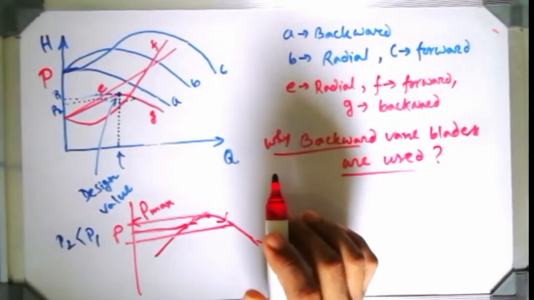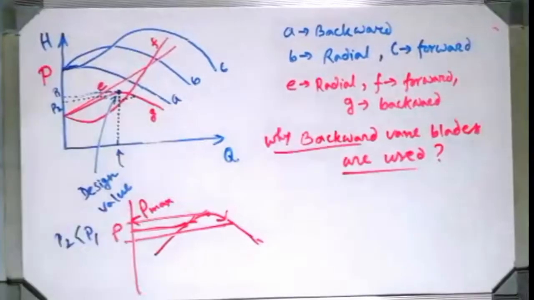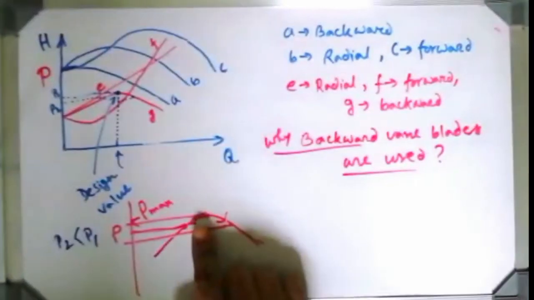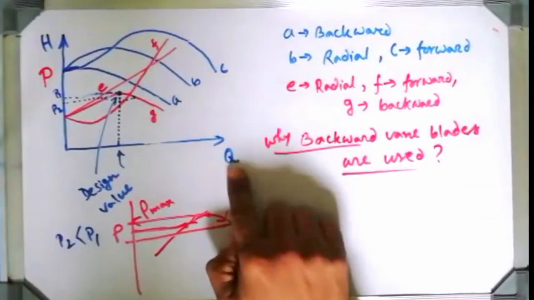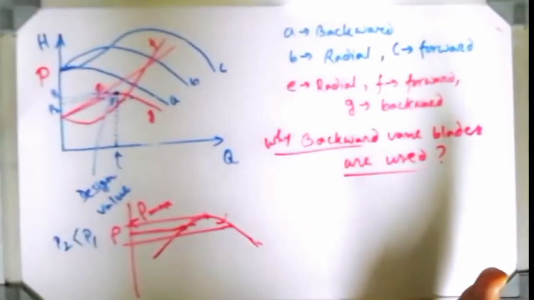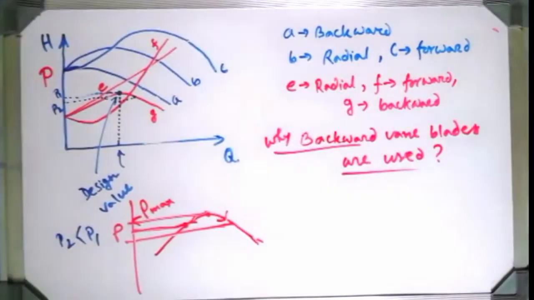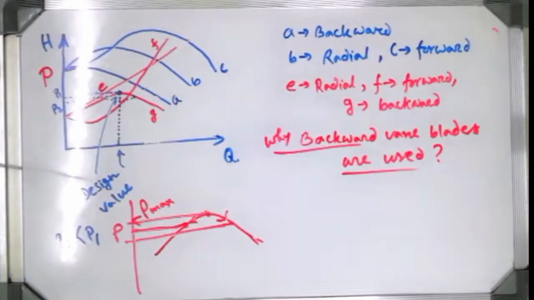Always it can occur that the pump never runs always with the design value, never possible. Pump is working below the design value or above the design value of flow rate, still the pump motor, that means the motor which is driving the pump, will be safe. It will not be burnt out, because the power consumed, you can see, is less than the rated power. Rated power means the power which is standing for the design value.